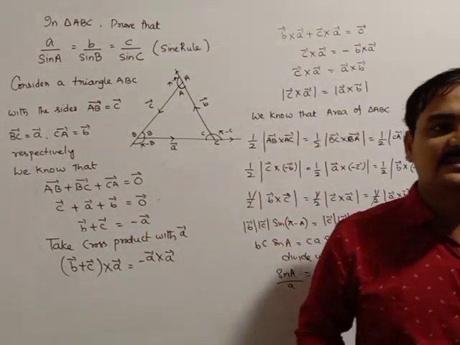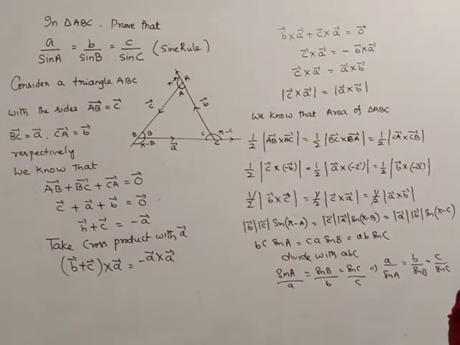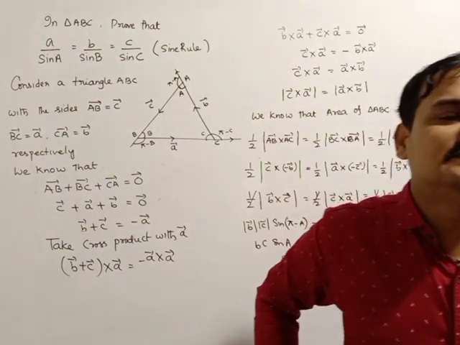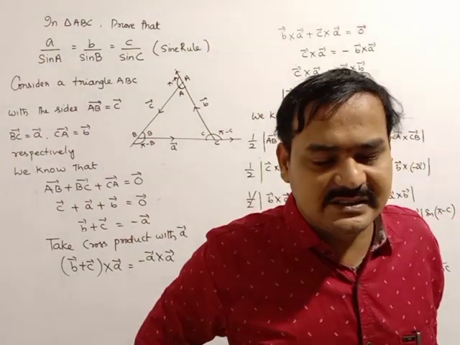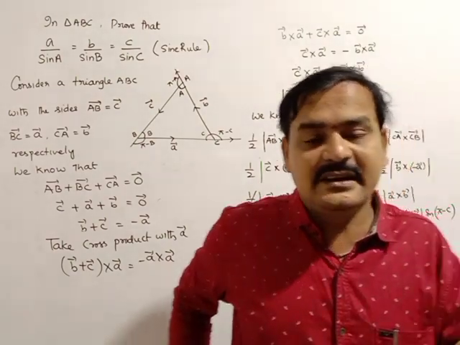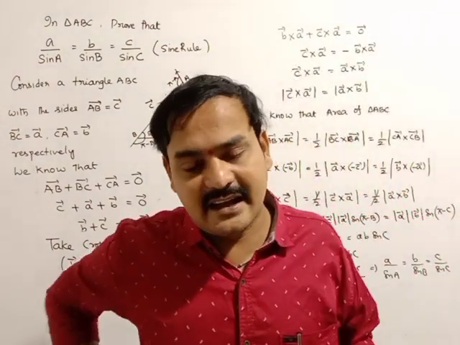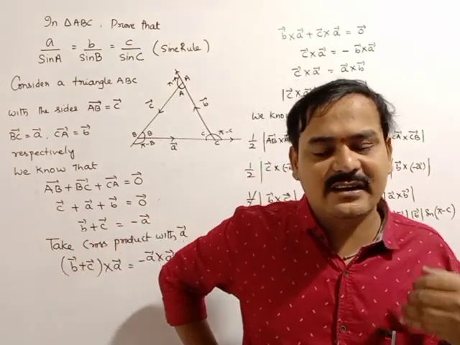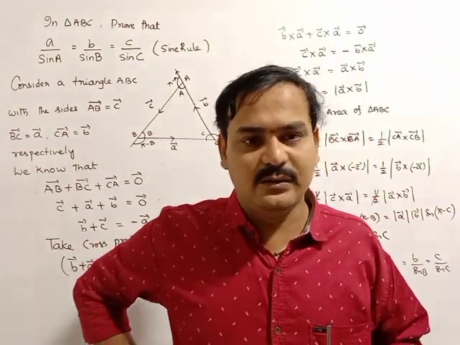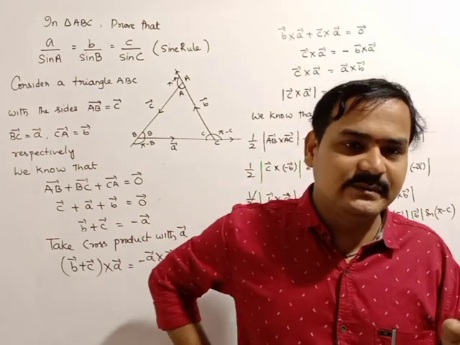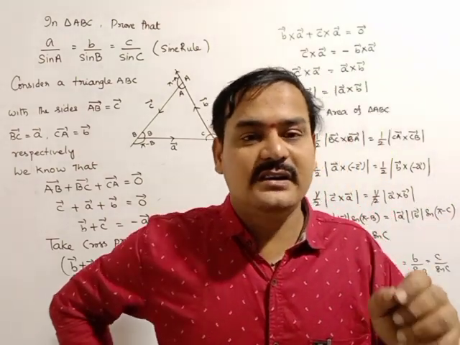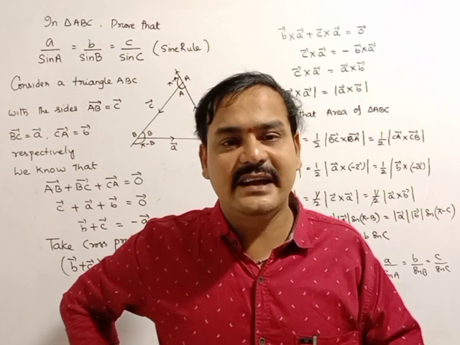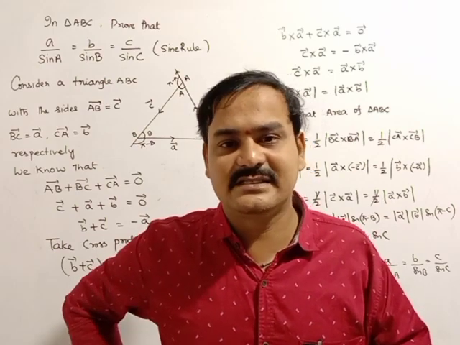In the sine rule, he is asking what is the meaning of the sine rule. a by sin A is equal to b by sin B is equal to c by sin C. The exact meaning of this is that in any triangle, the length of a side and the sine of the angle opposite to that side, what is that? The ratio of the length of the side to the sine of its opposite angle